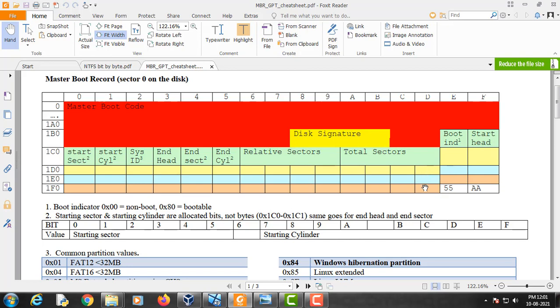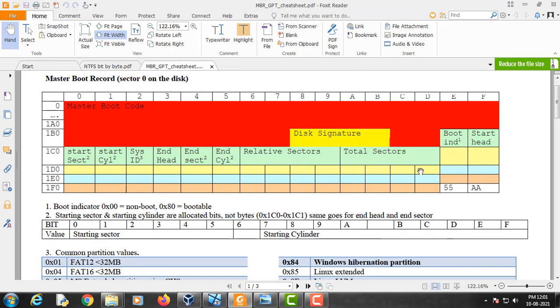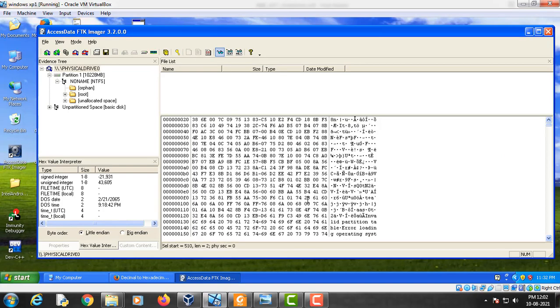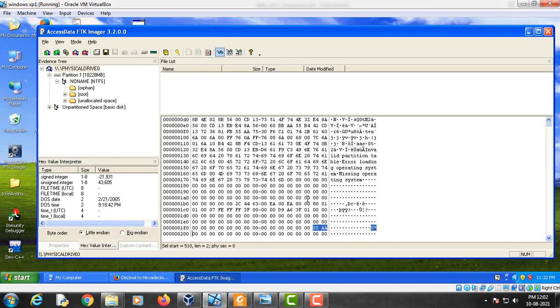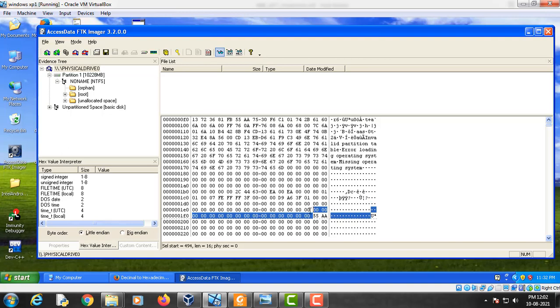So as you can see, these lines are partition. Let me show you here. This is partition number 4, this is partition number 3, this is partition number 2, and this is partition number 1.